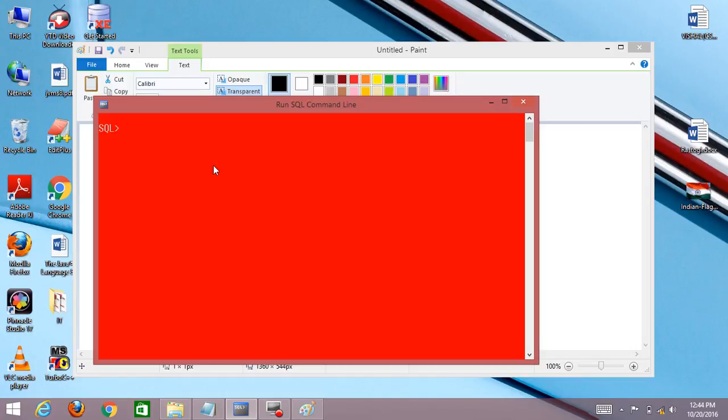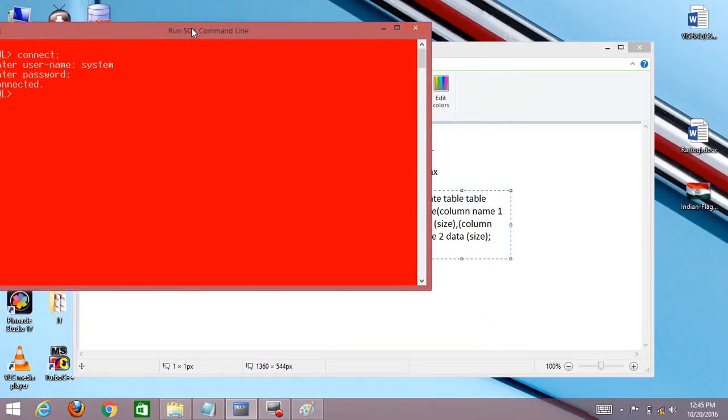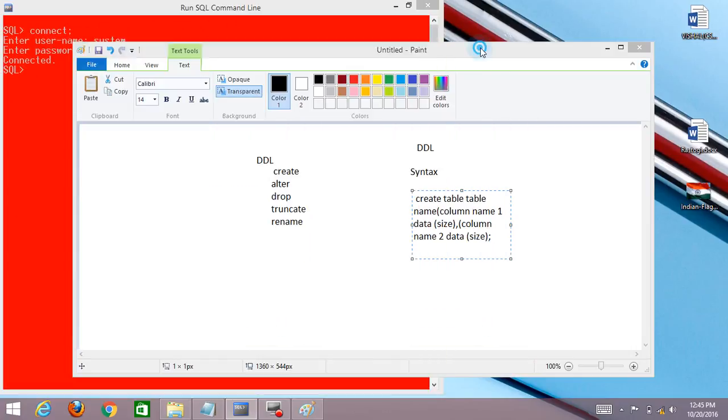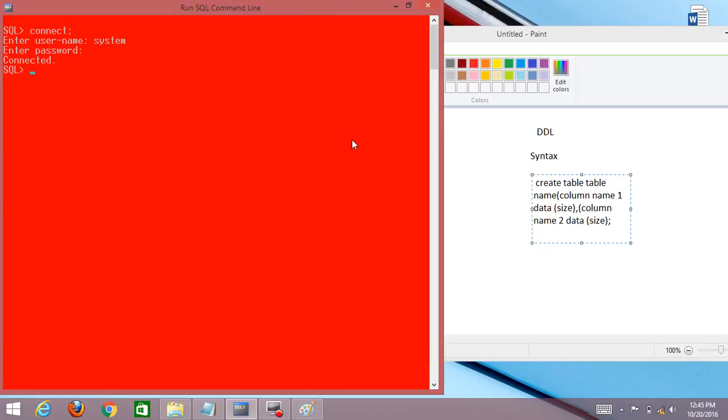First I connect: enter username system, password, and connect to SQL. Then I write the syntax in your program. Observe clearly how the syntax is written in your SQL database.